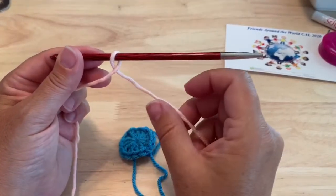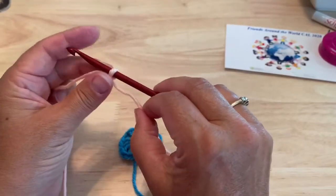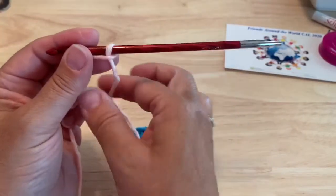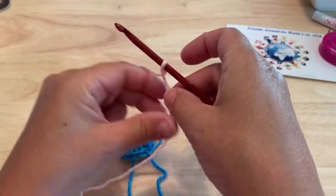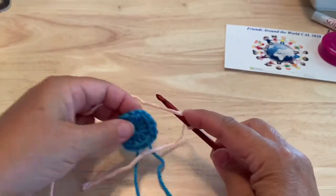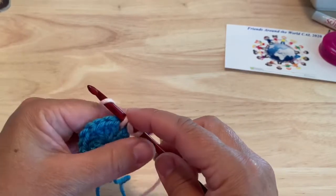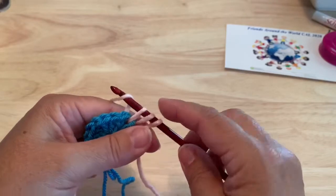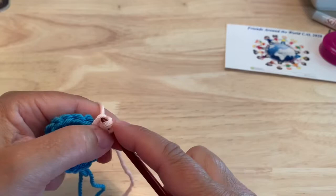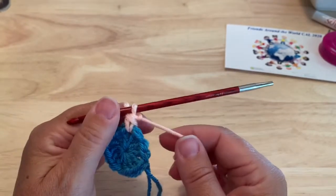So we're going to start with the standing half double crochet, and again this designer does it slightly different. If you're used to using a slip knot on your hook for a standing stitch, we're just going to loop the yarn over a hook. I have my short end here and my working yarn crossed over in front. So we'll yarn over, in 1 space, we will insert our hook, pull up a loop, yarn over, pull through all 3 loops. Be careful not to be too tight on that first one